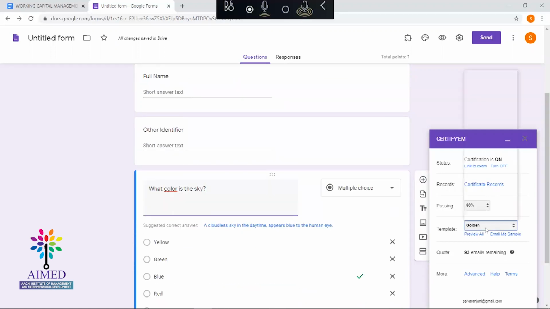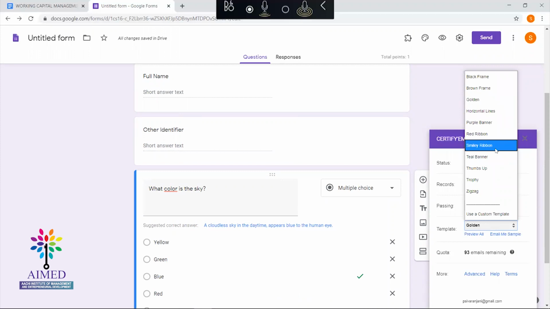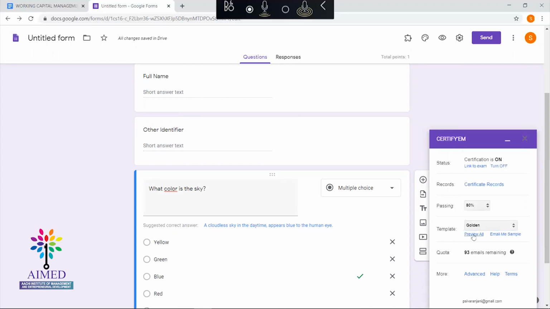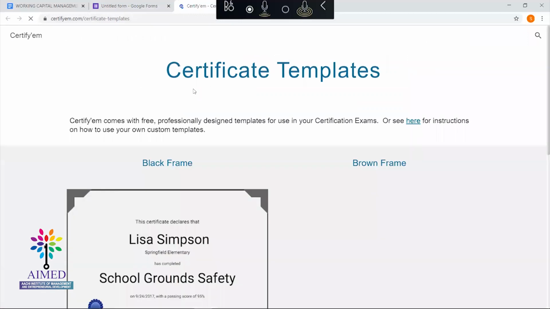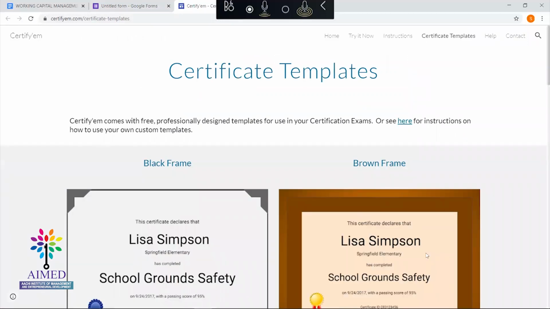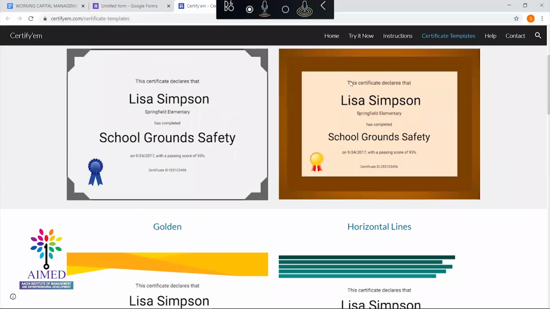There will be some default templates available to create your certificates. If you click on preview all, you can see all the default certification templates available here. Like this: this is to certify that the name of the participant, from this particular institution, has completed this particular exam on this date, passing with this score. The name, the institute the participant belongs to, the marks, and the date he attended